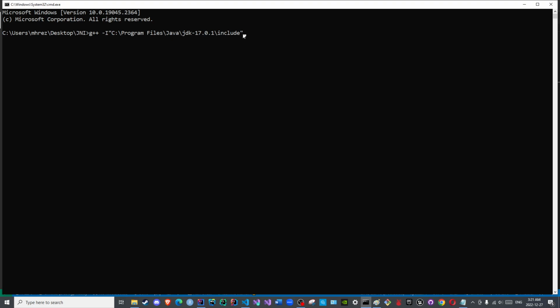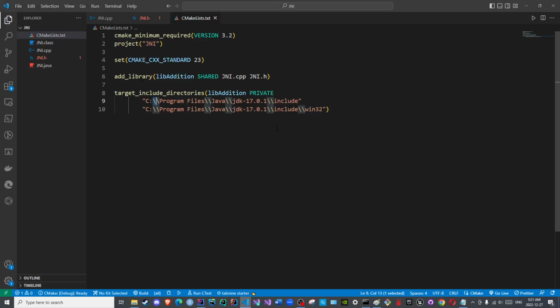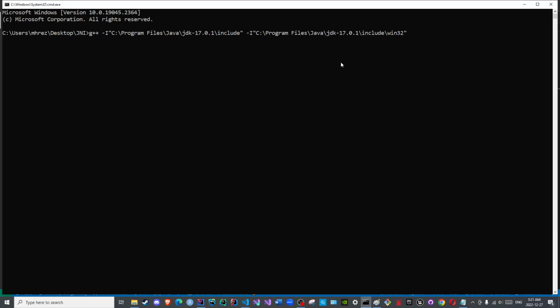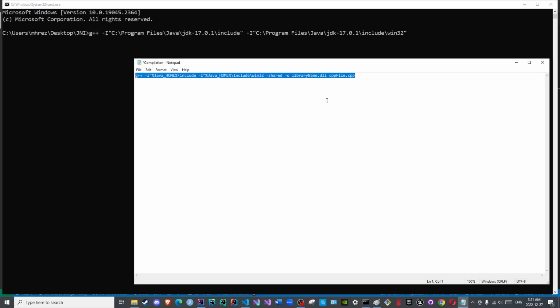we add the one for the 32-bit as well. So what I will do is copy all of these and then add win32 here, which is this one. But just to spare the time, delete the escape character. So what is the remainder of the command? We will add hyphen shared